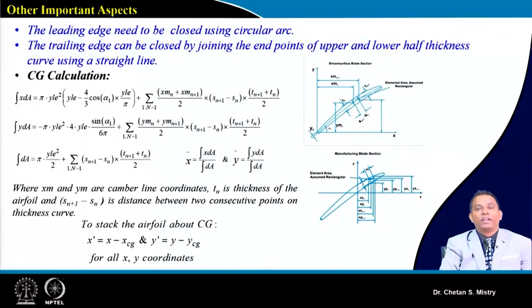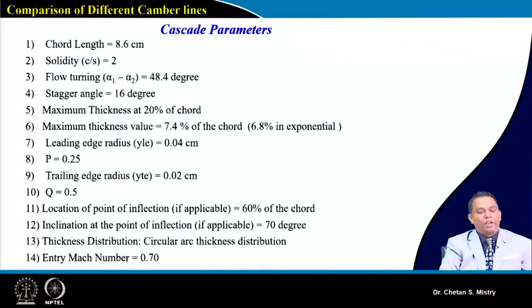With this understanding, let's take the case for the development of a cascade. Now let's take some of the cascade parameters. Say we are assuming chord length as 8.6 centimeter, solidity as 2, turning angle 48.4 degree, stagger angle 16 degree, maximum thickness as 20% of chord, maximum thickness value is 7.4% of the chord, leading edge radius we can say is 0.04 centimeter, value of P is 0.25, trailing edge radius is 0.02 centimeter, Q value is